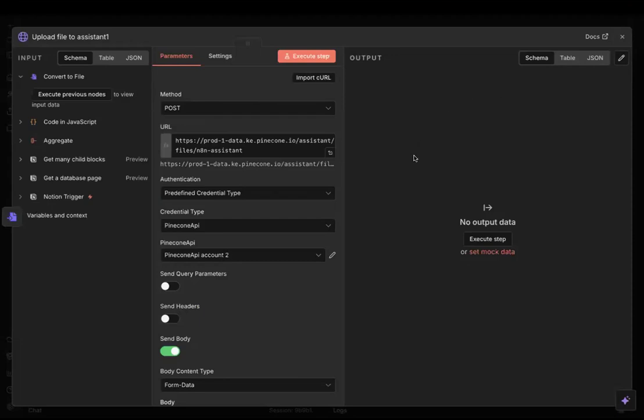I just want to point out that to use it using this approach, you have to know the URL here. Yes. Copying and pasting is great, but you have to know where to find it. You've got to put it in here. You've got to manage it, especially if your assistant name changes. If you want to use a different assistant, you have to actually change the URL.